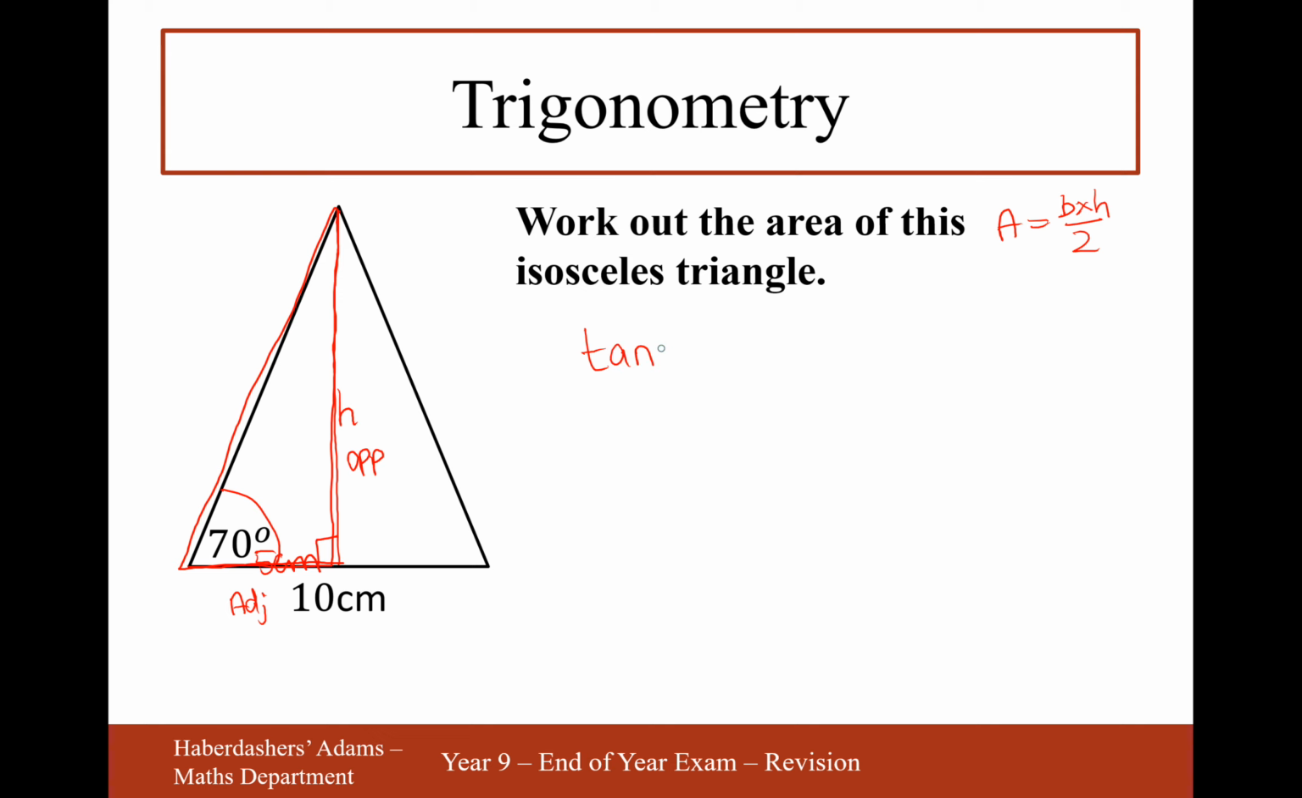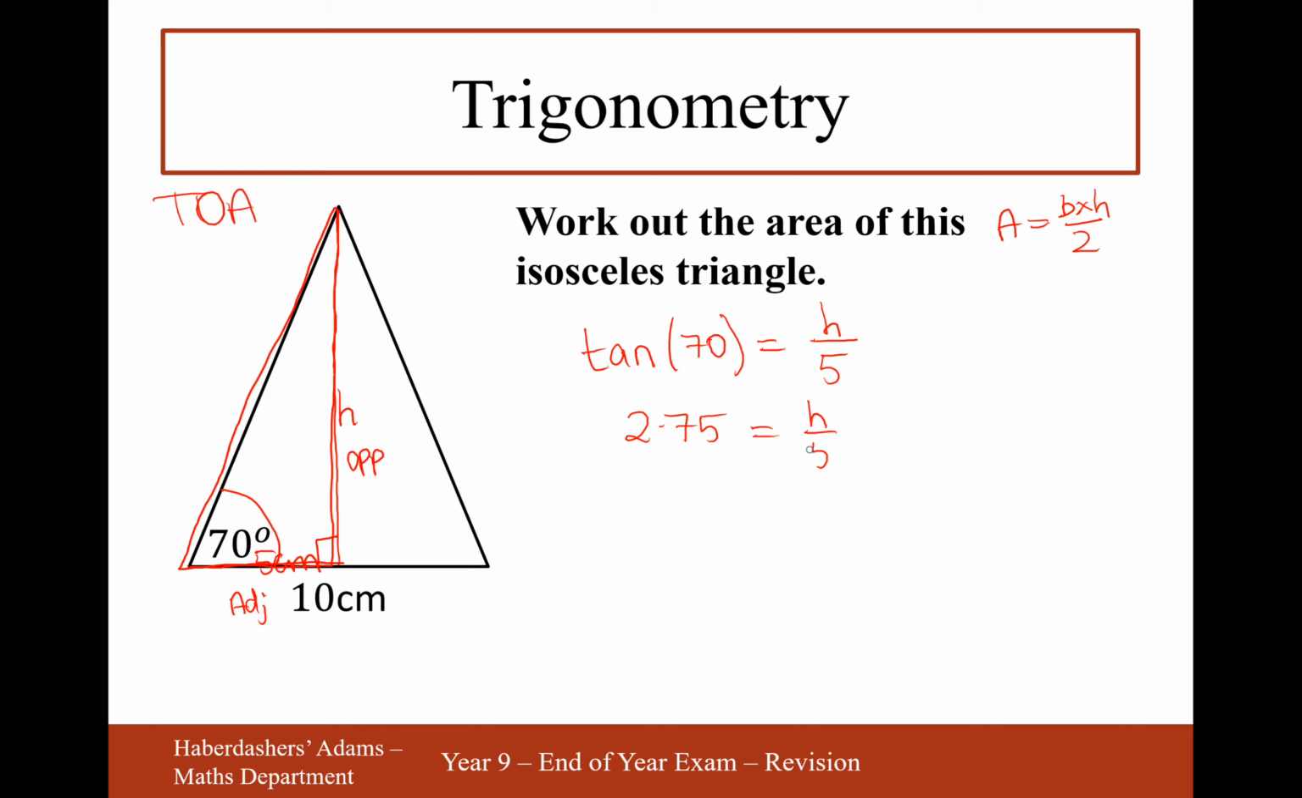So it's tan 70 equals, actually no, you do the fraction first, don't you? So it's going to be TOA. So it's going to be tan 70 equals opposite, which is h, divided by adjacent, which is 5. So h divided by 5. Let's now work out what tan 70 is. Tan 70 equals 2.75